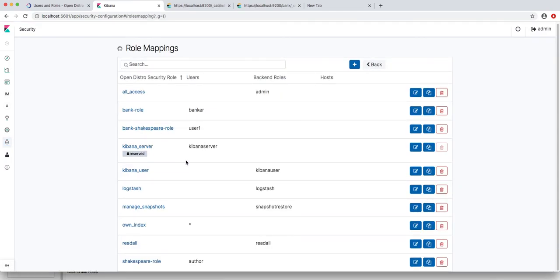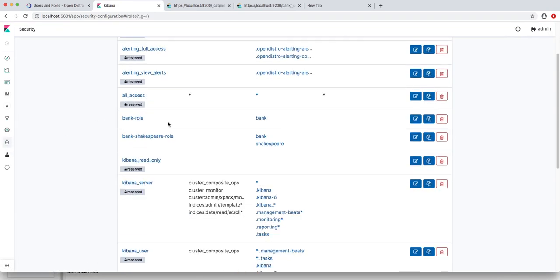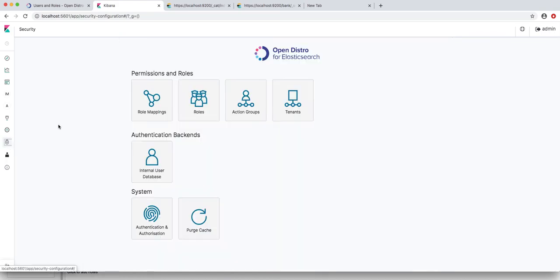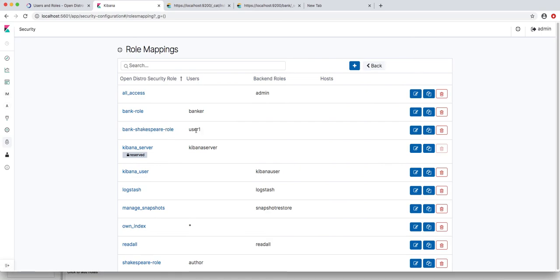Talking about the role mapping, we have a role here, and the user will be author. So here bank role is permitted for banker, Shakespeare role is permitted for author, and we have one more role, banker and Shakespeare role, which has indexes for both, and that is for user 1. If you go here, it has bank index and Shakespeare index, so that is being allocated to user 1.